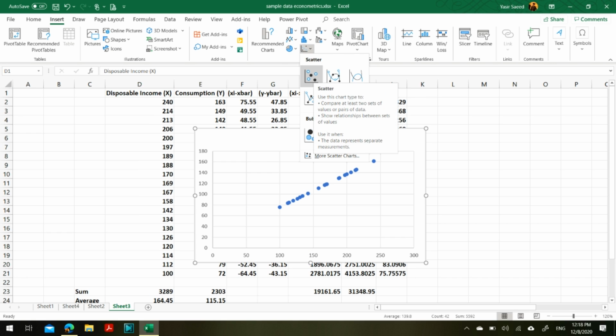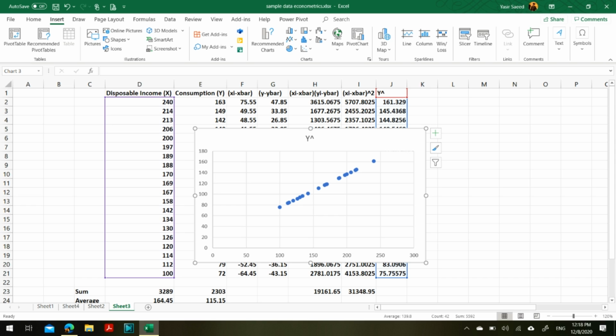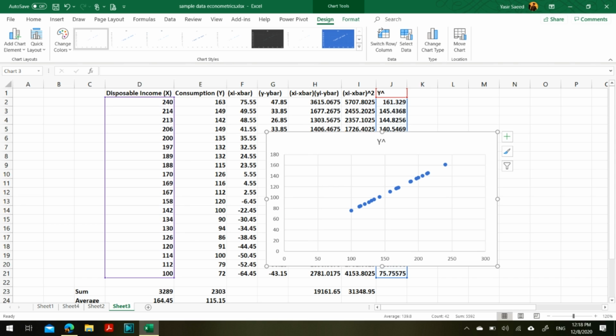It is the scatter plot, and if you look at the scatter plot, it is a straight line,